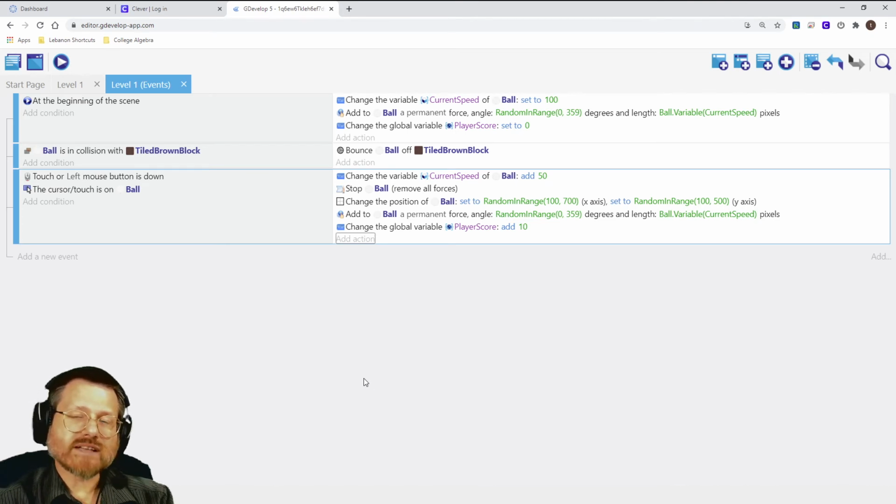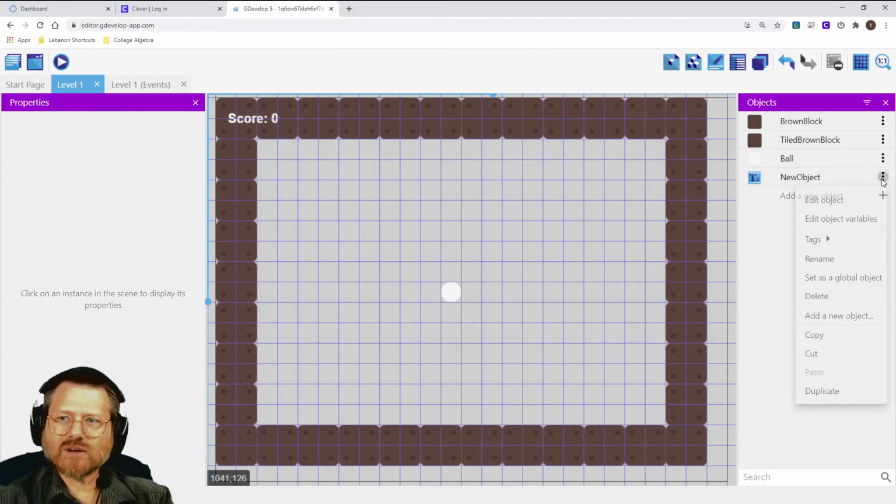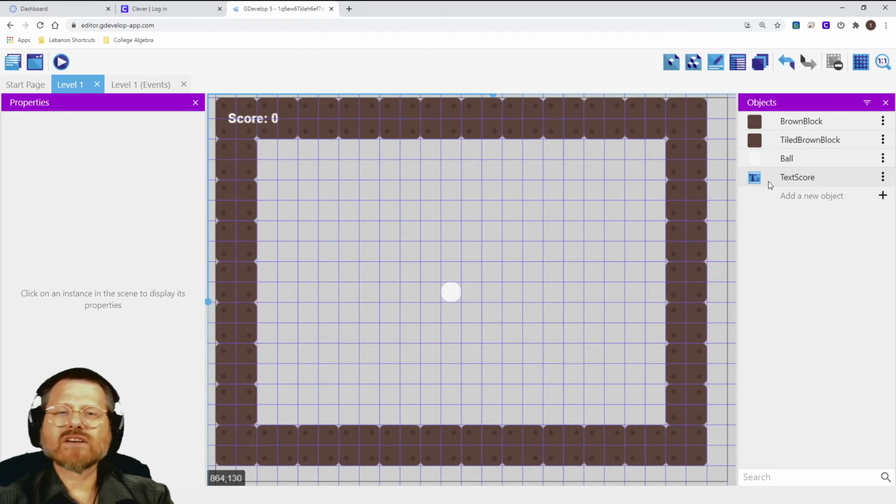That adds points, but remember that there's nothing that's actually changed the text that goes in the game. So I want to make sure that I also update the text field. Now, I don't know if you guys noticed this or not, but when I created my text object, I didn't name it very well. So I'm going to go rename that now so it's easier to keep track of. I'm going to call this text score. I'm putting text there in front just so I remember this is a text object. And now that I've got it named appropriately,